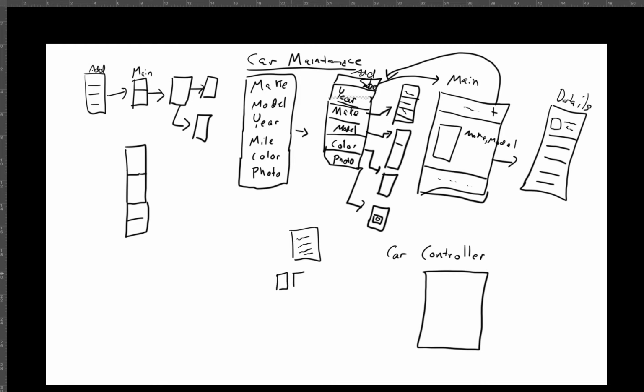Again, oil change. Oil change might have at what mileage it was changed, how much oil, what kind of oil, the date, all that fun information. So that would be something like that if I could fit the word oil in here. Okay, so you get the idea. So all this contains classes within classes, and this is going to be car model. All right, so then in our car controller, if you remember, Apple really likes the model view controller methodology